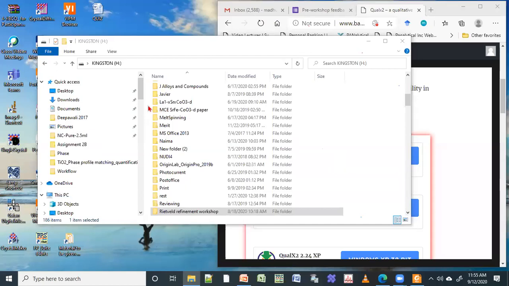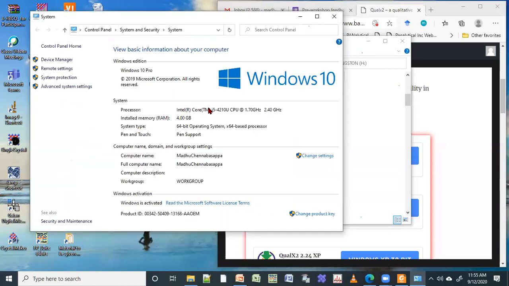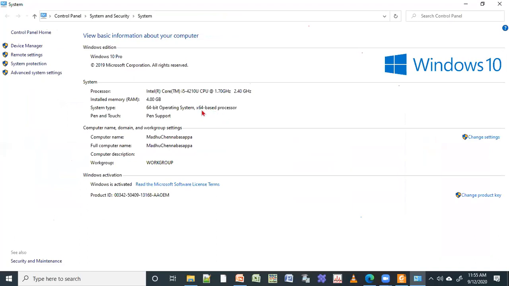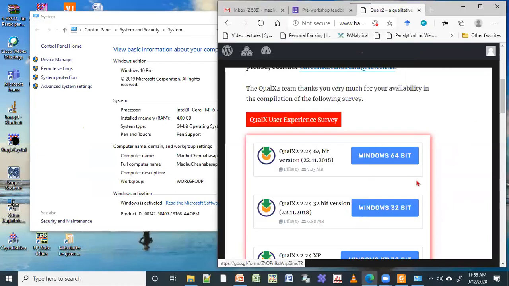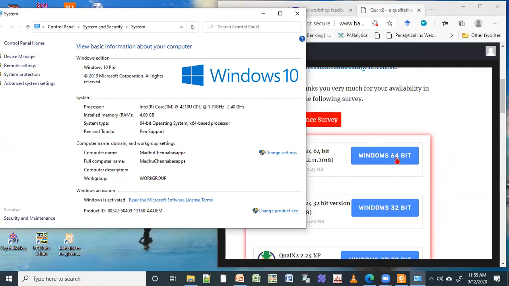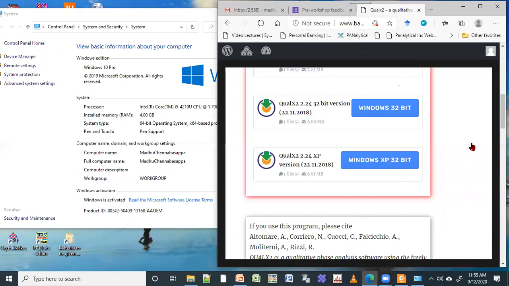Okay. So for my computer, it is 64-bit operating system with 64 base processor. So you have to check this before downloading. Okay, you just right click on my computer and then go for properties. Okay, in the properties you'll get this. System type 64-bit. If it is written 64-bit, then you can go for 64-bit here. If it is something like 32-bit, then you go for 32-bit. And if you are using XP operating system, which is your old operating system, then you can go for 32-bit operating system. Okay, so you just keep this download.